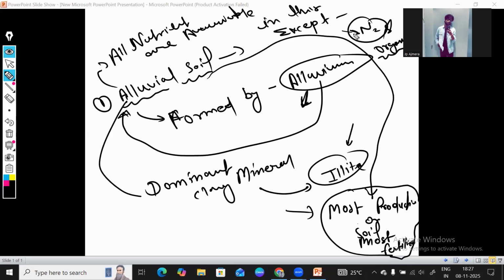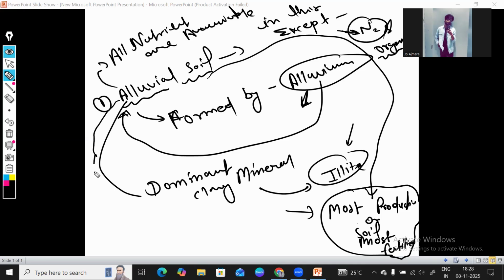That's the reason why we supply too much nitrogen through urea in the soils that we have in UP, Rajasthan, Madhya Pradesh. There is a reason why they are lacking in that particular nutrient. All right, I hope it's clear. This soil is fulfilled in all kinds of nutrients except nitrogen and organic matter.